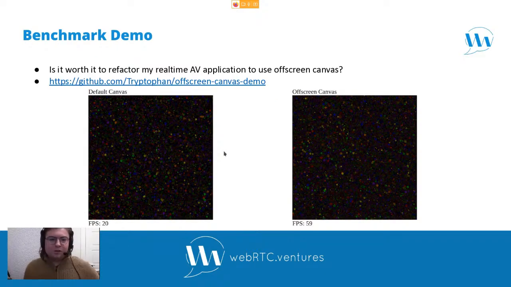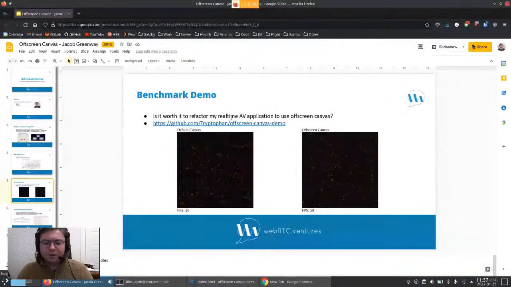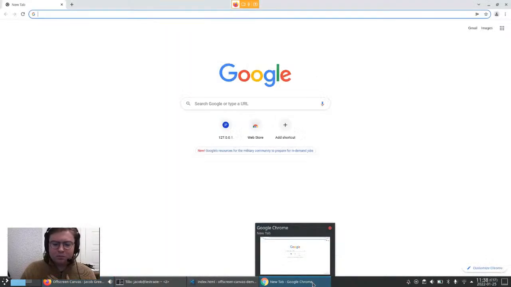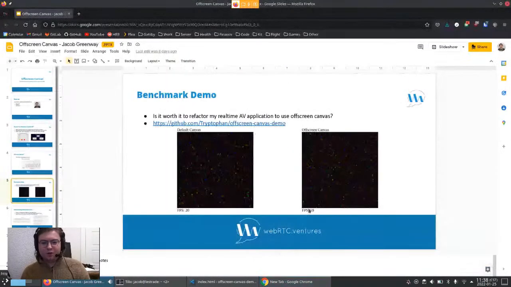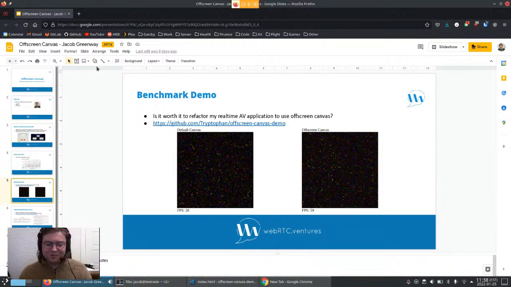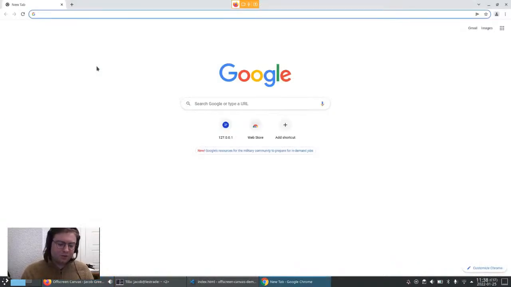So I want to go into a little demo to demonstrate the difference between the default canvas and the Offscreen canvas when doing some very heavy lifting rendering. So let me go into the demo here. I have this in Chrome because, as you saw earlier, my Firefox browser is not up to date with the current Offscreen Canvas APIs, but I'll show this demo here in my Chrome instance, and I'll open